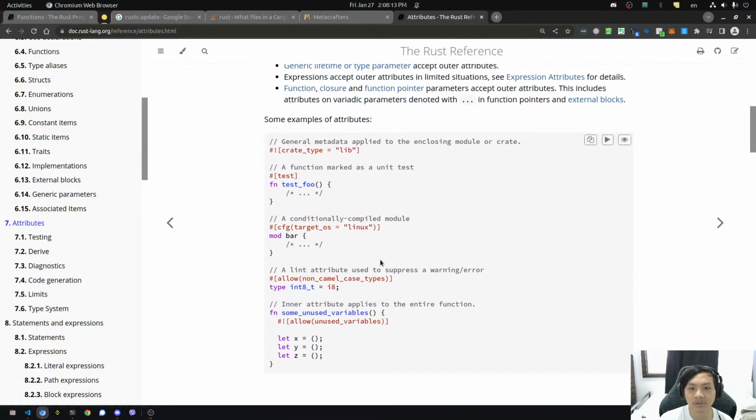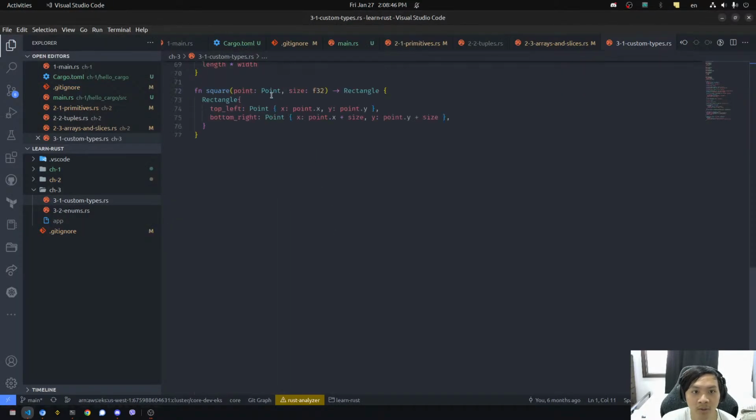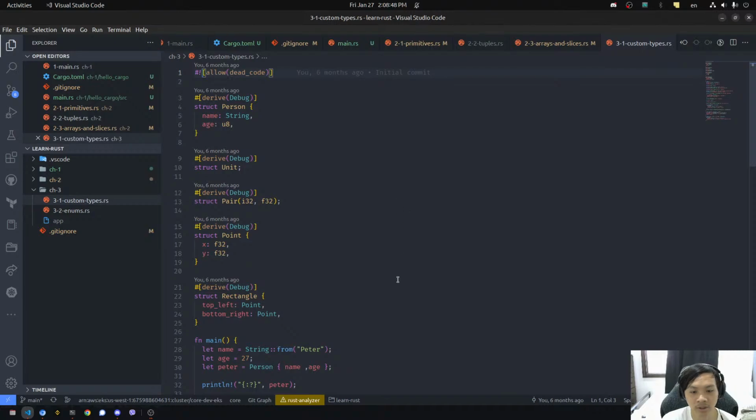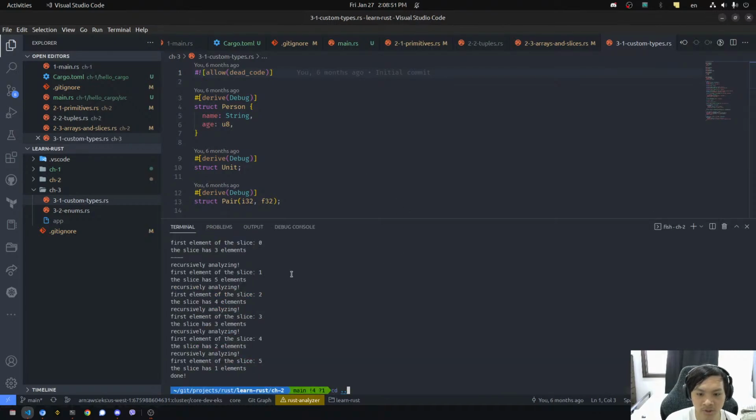Okay. So it's metadata. That's why it's like that. It's annotations. It's like Java annotations. Okay. So there are annotations or attributes that apply directly to what's close to them, and then there are attributes that, I guess, don't just apply to what's close to them. Conditionally compiled module. Oh, so it's only included if it's compiled on Linux. Ooh, a lint attribute used to suppress a warning or error. So this one will just apply here, but if I want to apply it to the whole thing, it would be here. So this means if we go to chapter 3,